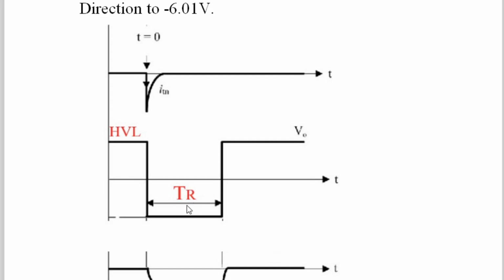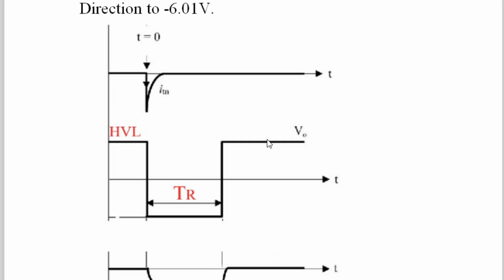Now we want to see how long it remains there. That time is called T return, TR means return, T means time. So it will come back to its original state after T return, and T return is again decided by you, because you are changing the value of R1, R2, resistor R, capacitor C. All these four factors, like in the astable multivibrator, are responsible for T return here. Okay, we'll see step by step. So this I think you understood.